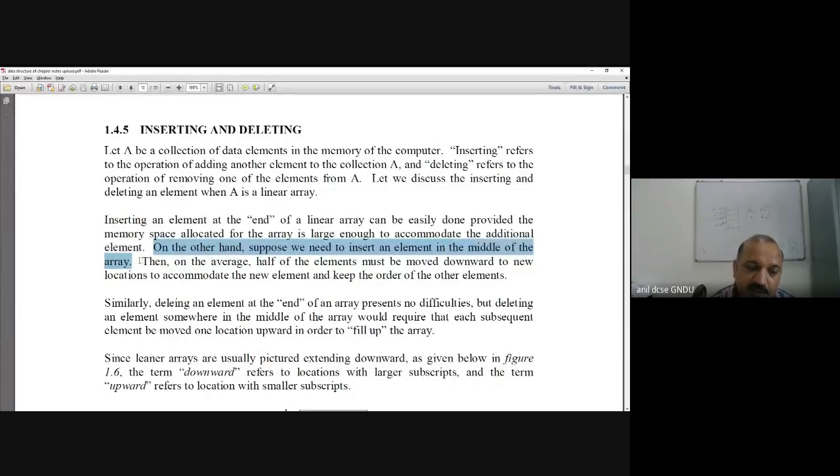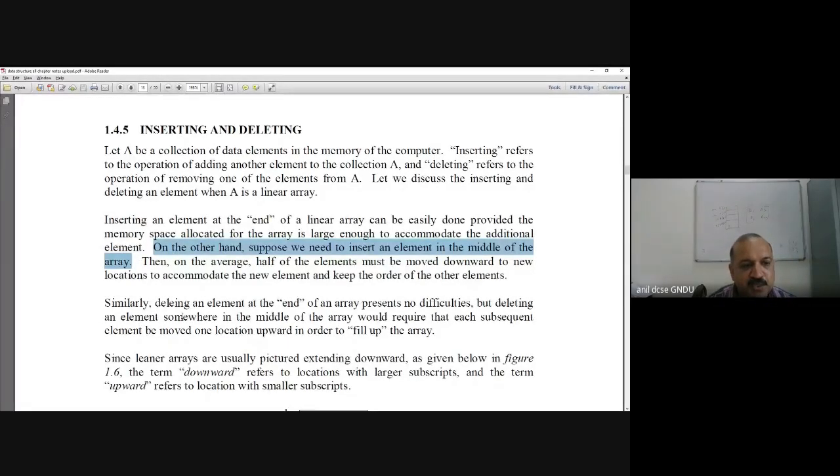Okay, I'll tell you. If we have to add the element at the first location in the array, that is the worst case. And the best case is when we have to insert the element at the last. As we go from the end of the array to the higher locations, inserting a new element takes more toll of shifting the elements one location down.